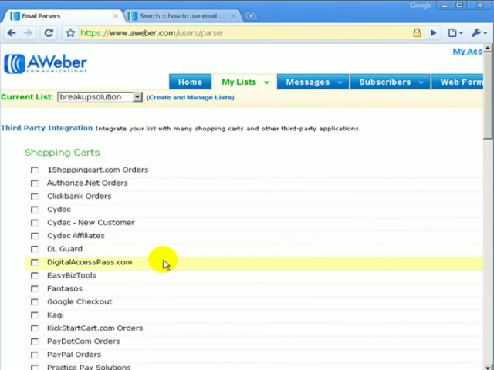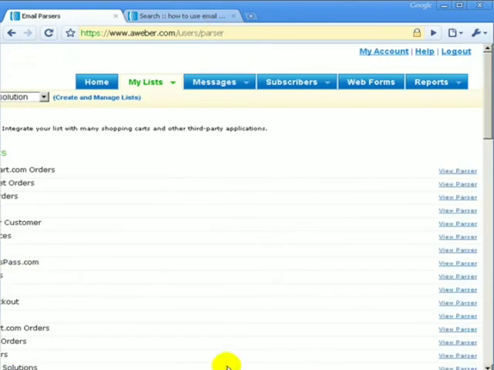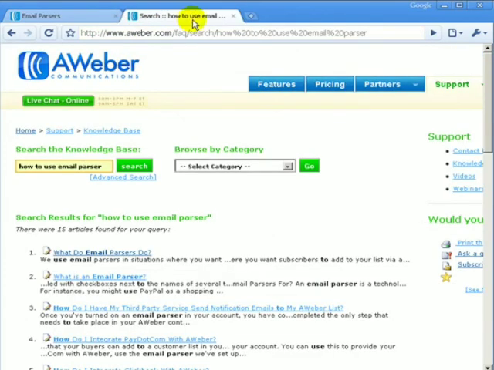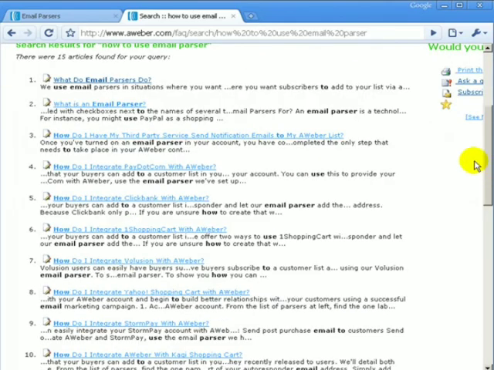Now, if they do and you don't know exactly how to set it up, do I just click a button or what do I do? Well, it's not a humongously hard process. What I would recommend is to go to the knowledge base search and type in how to use email parser. I'm not going to show you step by step because it's different for every shopping cart, and there are tons of them. But if you type that in, it'll tell you how to integrate ClickBank with Aweber, One Shopping Cart with Aweber,